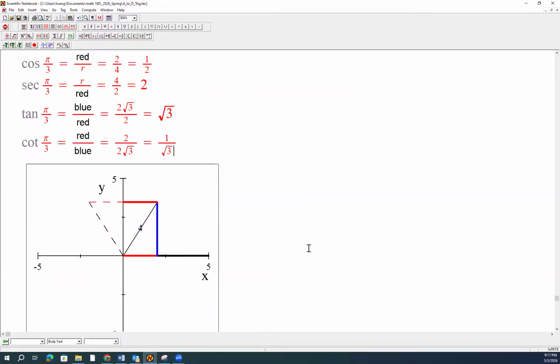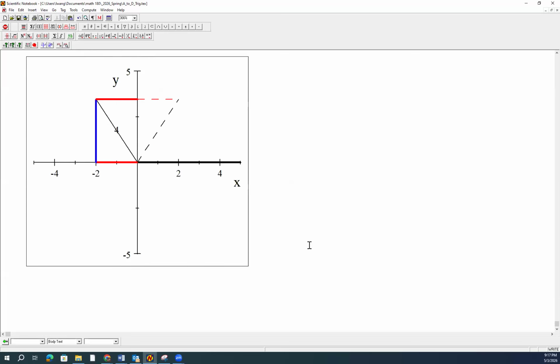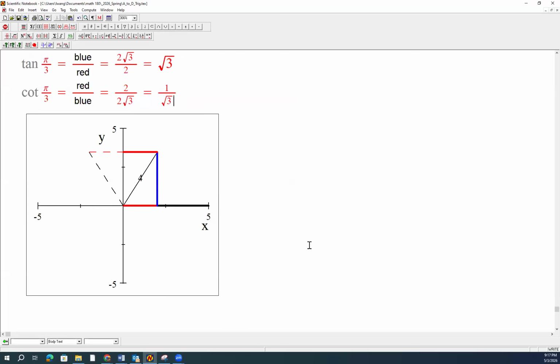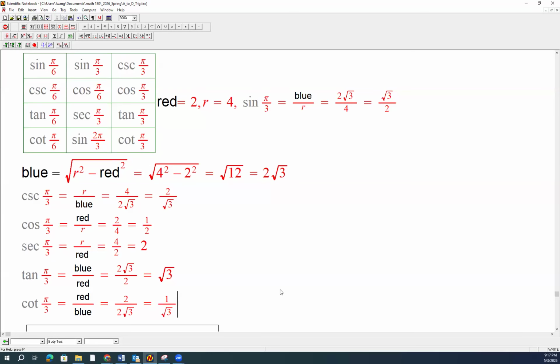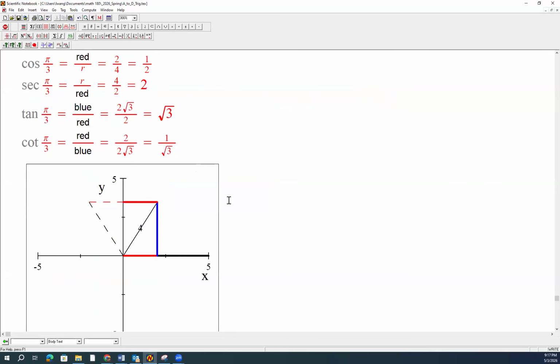And now we have a last one. This last one is sine 2 pi over 3. We're only going to do this one because I think you can derive the rest if you need it. After all, these exercises are really just from the calculus text. So the last one is,